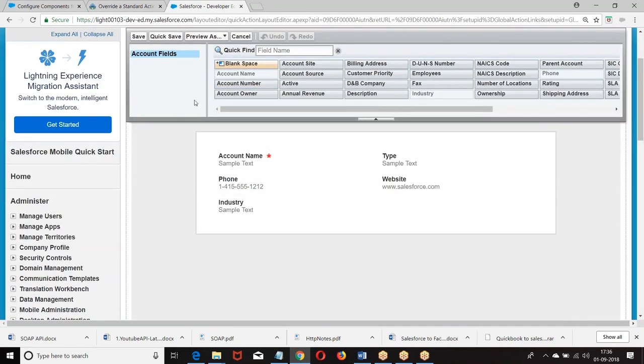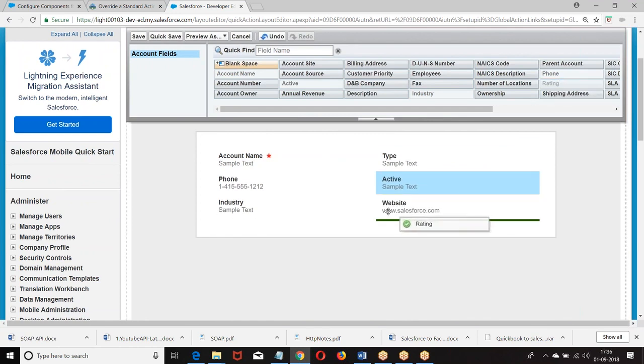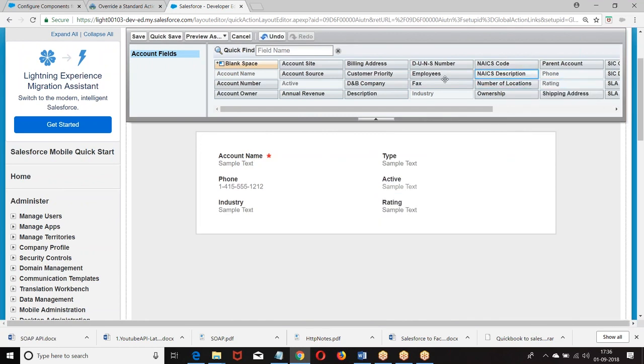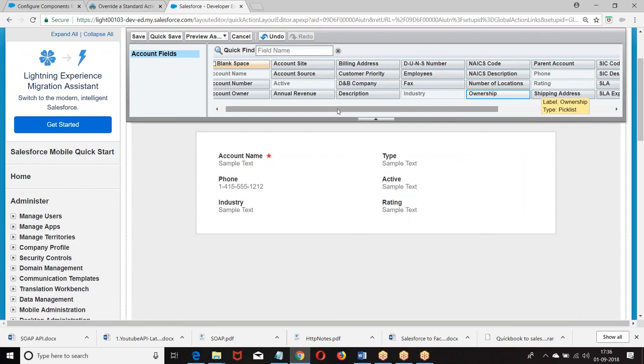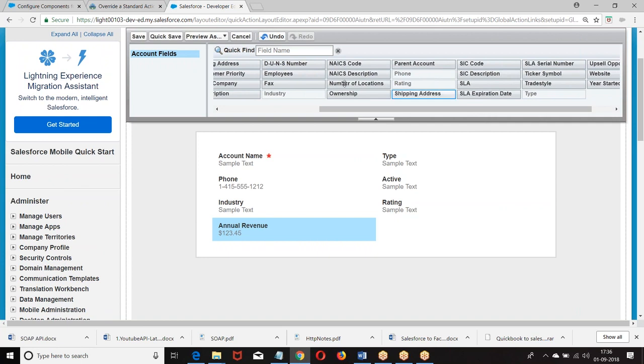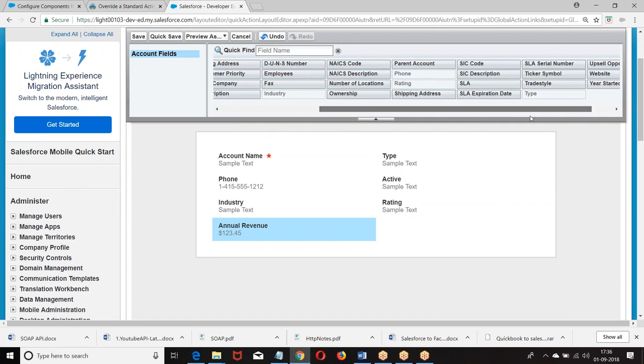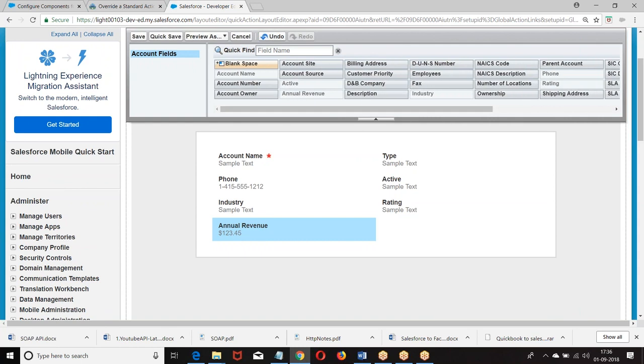Now when it's a quick create, which fields should be there? Name, phone, industry, type, annual revenue. Then we had ownership, account ownership.